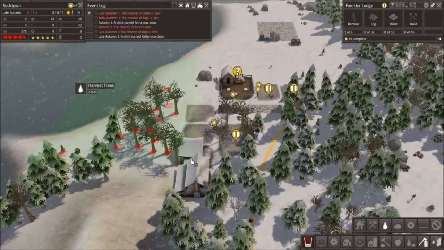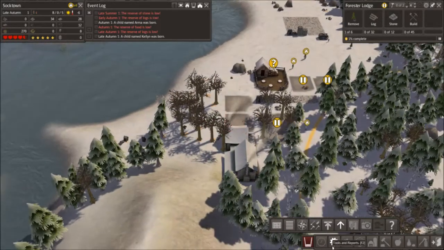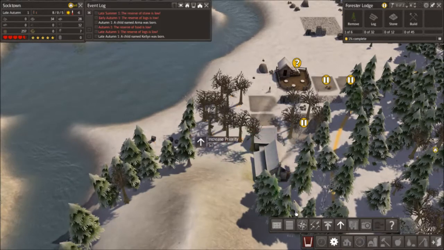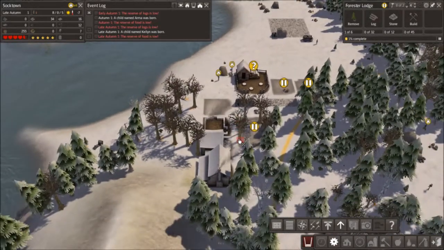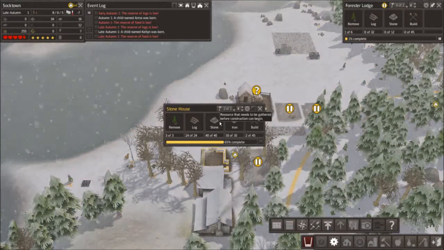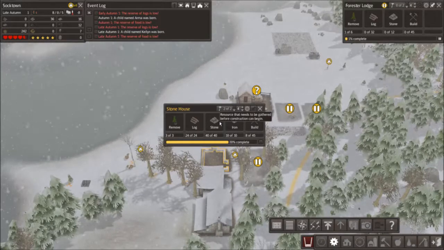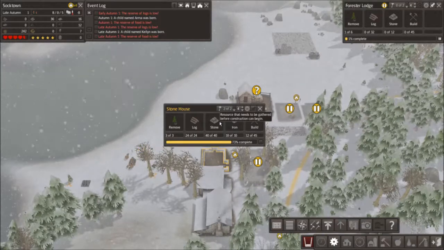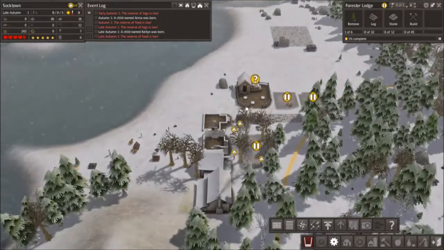Late autumn already. Oh no. That house is going up, so that should be it. I'm worried, I am. It's getting cold. It's getting cold earlier than it usually does. You wouldn't expect it to snow until winter, but it looks like it's going to be a really cold winter this go around, so...